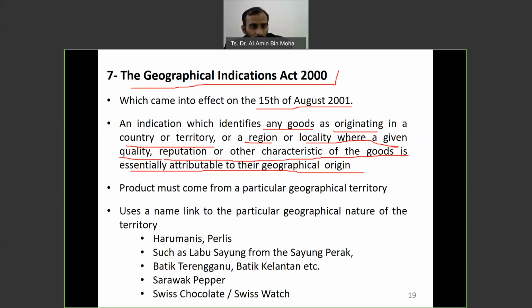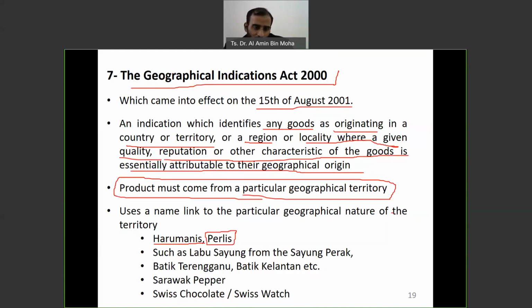So here we see it uses a name linked to the particular geographical nature of the territory. Like Harum Manis, we have a special mango, a premium special mango, Harum Manis from Perlis. So there's an issue, right? People say they started to plant Harum Manis in Kedah, in different states.